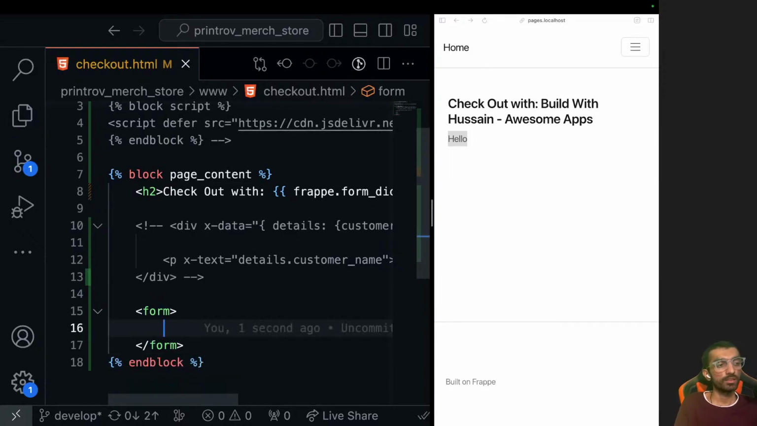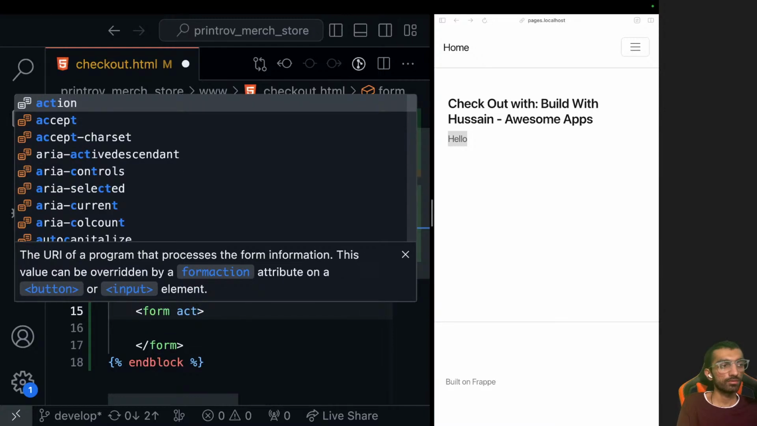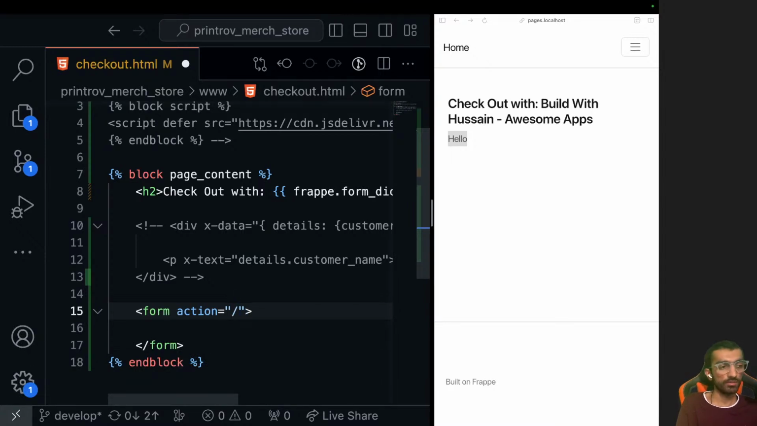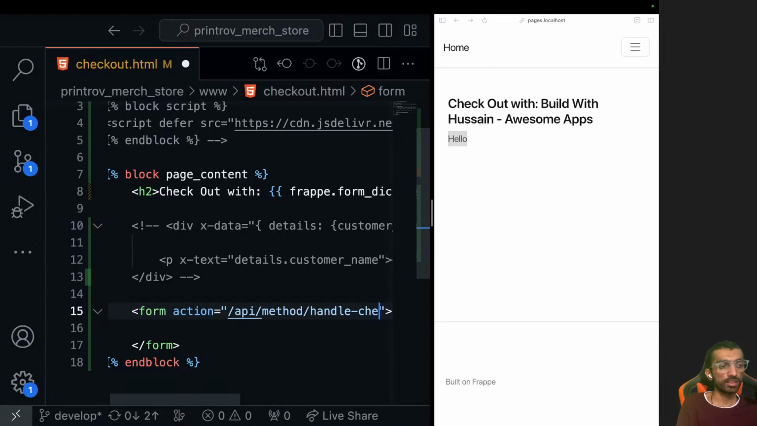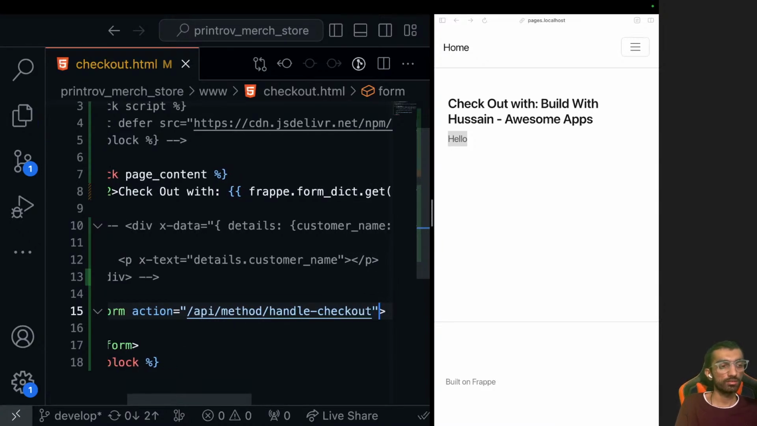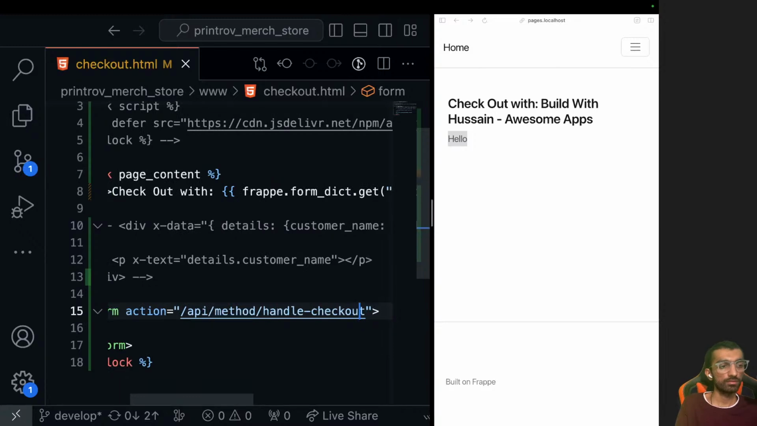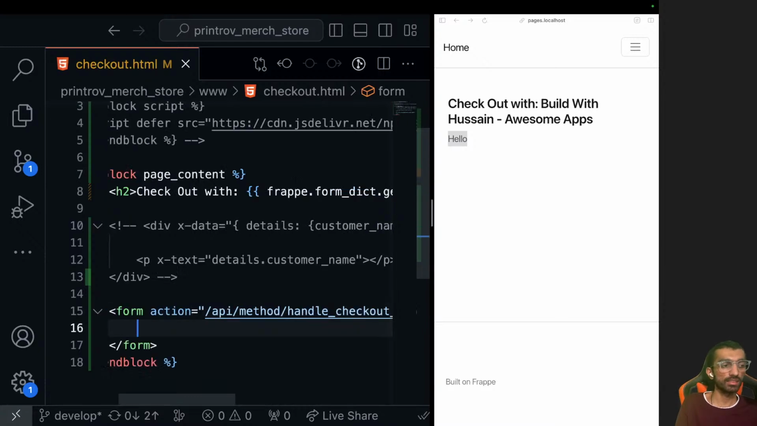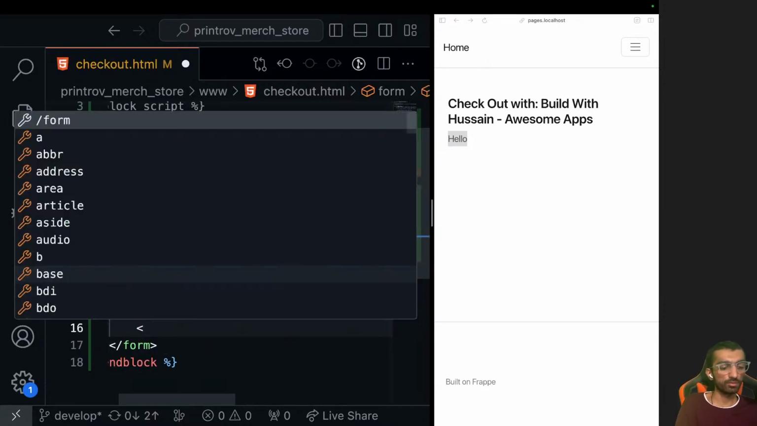Okay, so action will go somewhere, it will hit an API, so we'll write /api/method/handle_checkout_submit. Yeah, this doesn't exist yet, we will do it, but let's